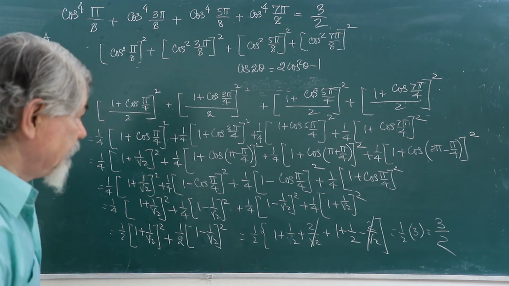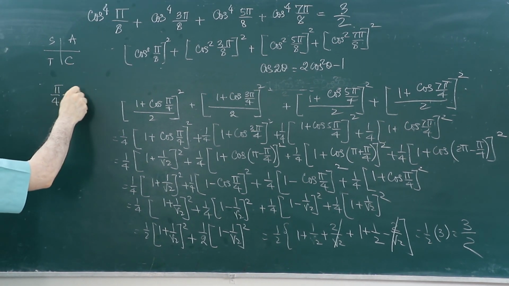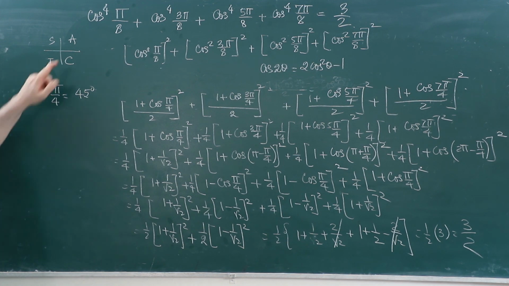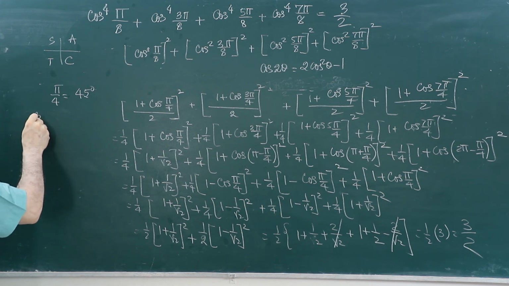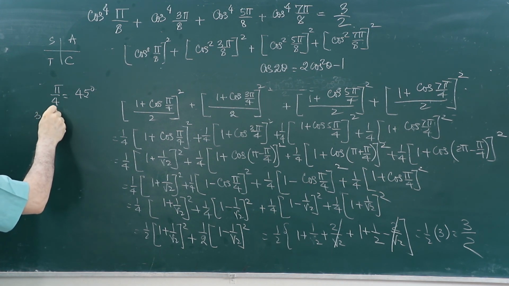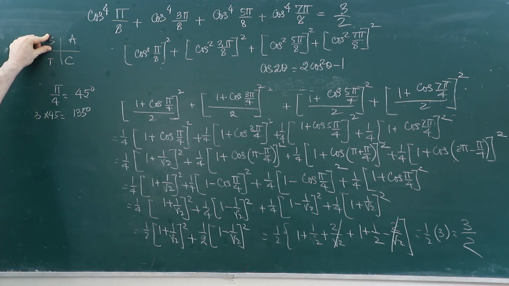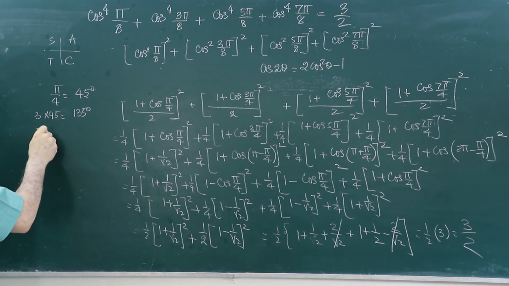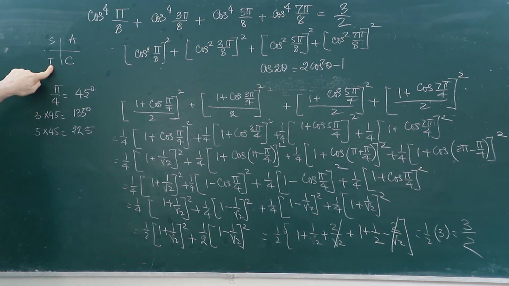Otherwise also it is easy. For example, π/4 is 45, that we know. So I know it is going to fall into the first quadrant. Now it is 3π/4. 3π/4 means 3 into 45, 135 degrees. 135 degrees will fall into the second quadrant. If it is going to be in the second quadrant, its sign will be negative because it is cos. Then 5π/4 will be 225. This will come in the third quadrant. Again it is going to be negative.